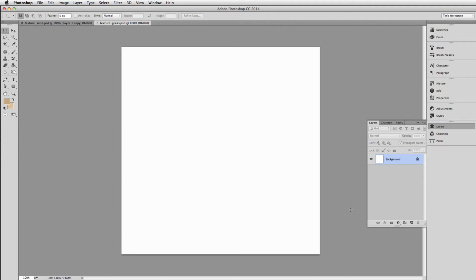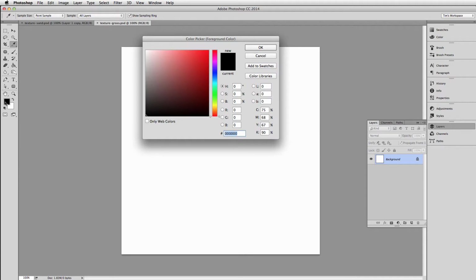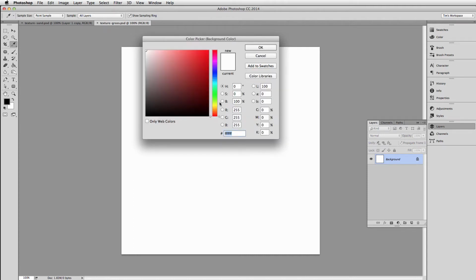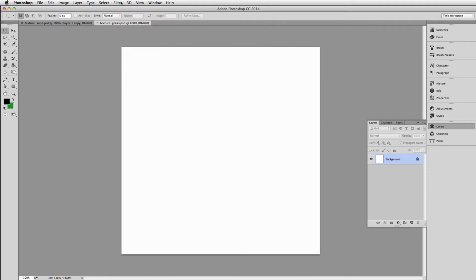Bienvenidos, mis amigos. Now we're going to go from making a sand texture to making some grass texture here. And what I'm going to do is pretty much do the exact same thing all over again. Let's go ahead and find a nice green color here in the background image. Boom. It's not hard. And again, for the exact same reasons I didn't start out with clouds with the sand texture,